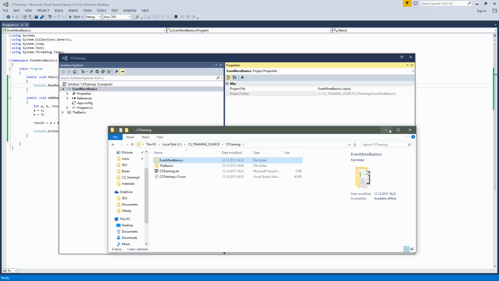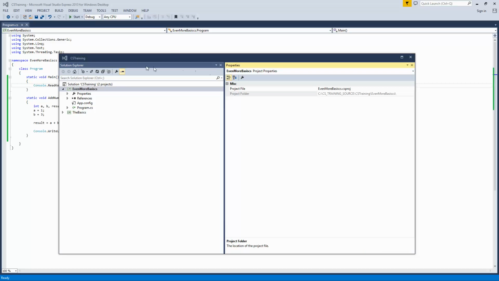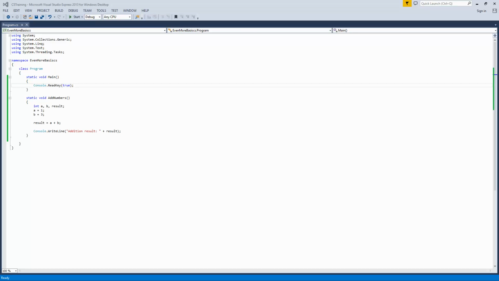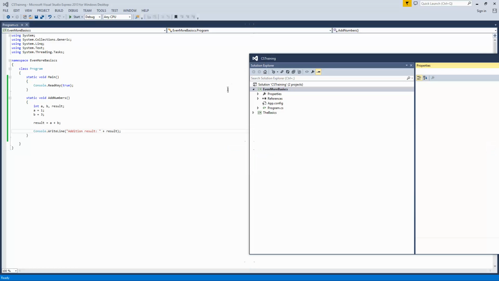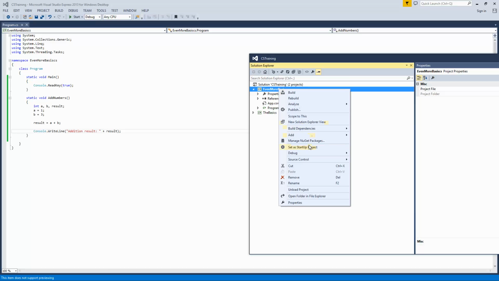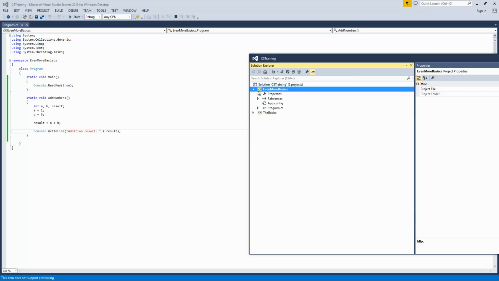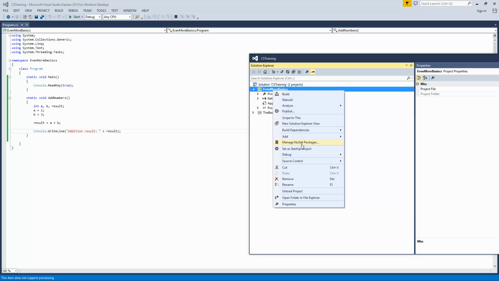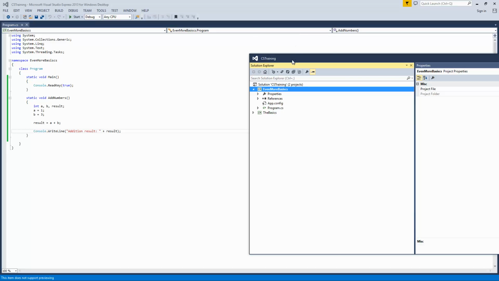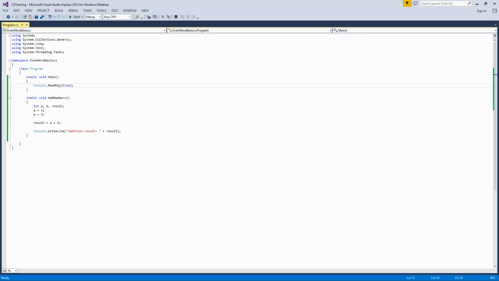So whenever you create something, then you get that. Just a digression. So we ran our project. Again, I wanted to make the even more basics project a startup project. Okay, so coming back to our lesson,